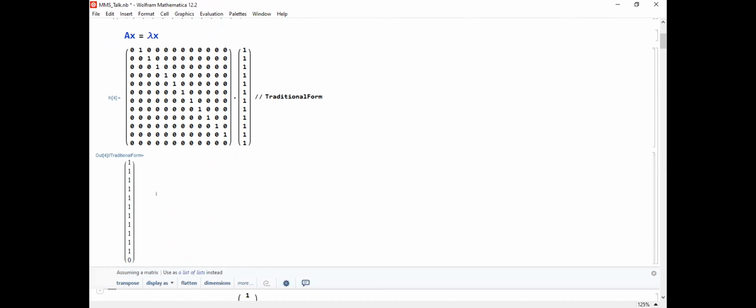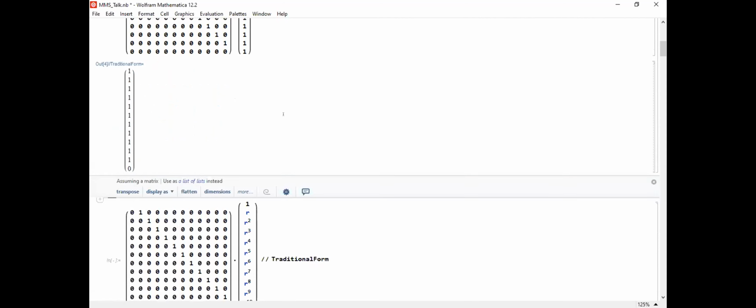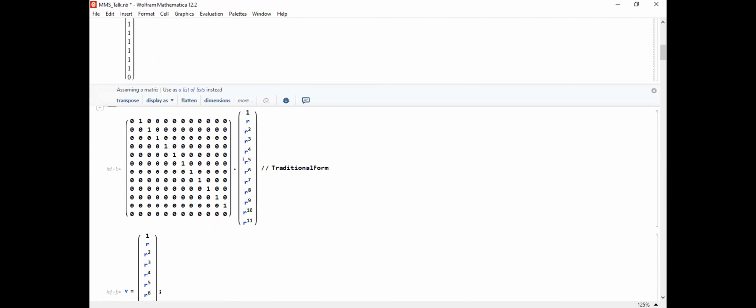So even though 1 is not an eigenvalue, in this case we have AX is almost 1 times X. So this matrix, which doesn't have 1 as an eigenvalue, is nevertheless almost an eigenvalue. And this is not just true for the number 1. If you input this vector, 1, r, r squared, and so on, all the way up to r to the 11 in this case, because I can't keep on going,